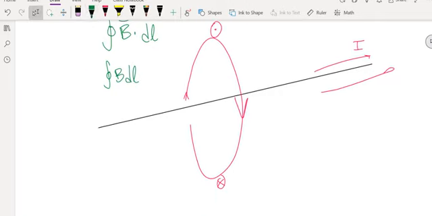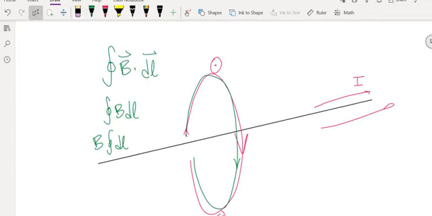And if B were constant everywhere, then we could pull that B out of this path integral, and then we just have to take some sort of two-dimensional path where we know how to express the length of that path. Well, such a path looks exactly like this. That's called an Amperian loop. And what Ampere's law says